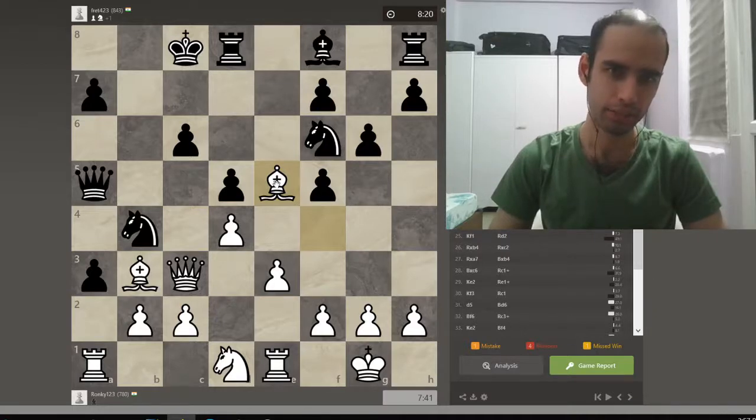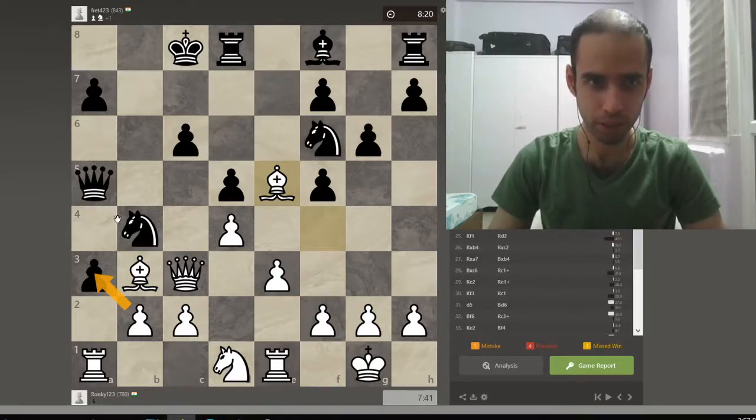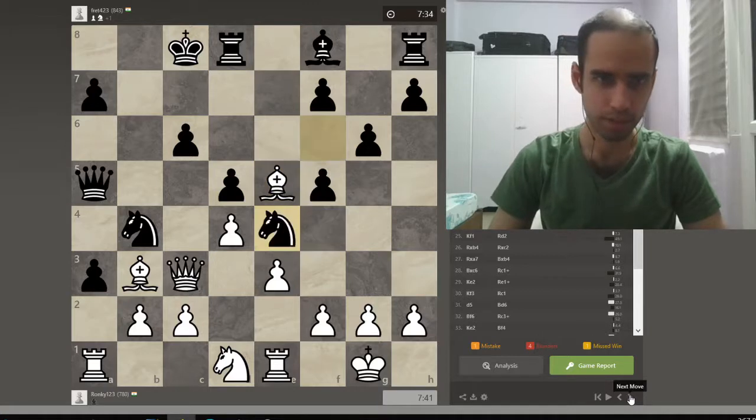Okay, at least he's taking care of the spin. That's a good thing. Although I think he should just simply capture this pawn with his pawn, and then what's his knight gonna do? It can't do much. And you have to remember that the queen is pinned, so you would win the knight most likely. Anyway,